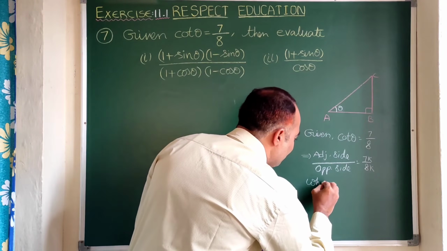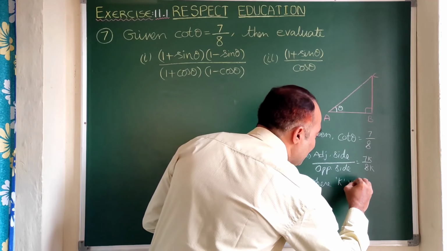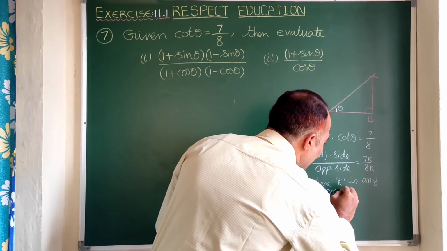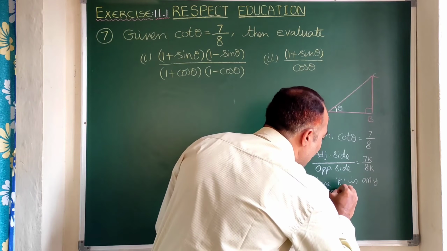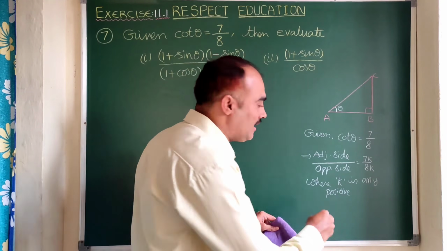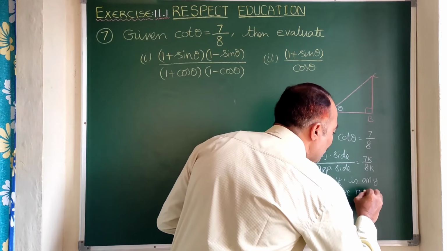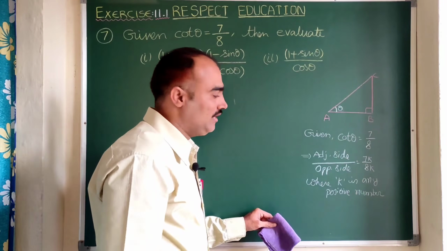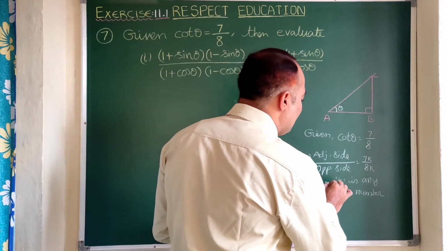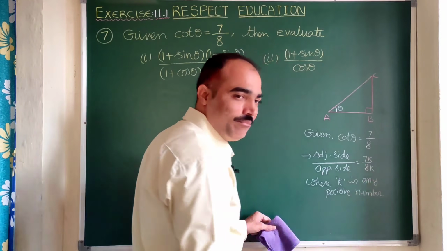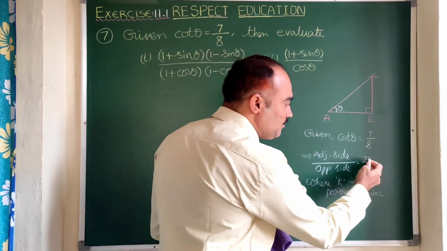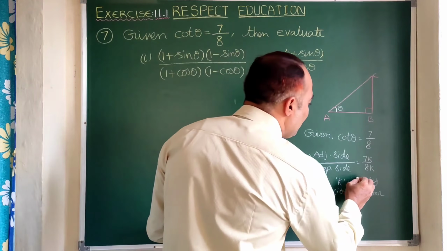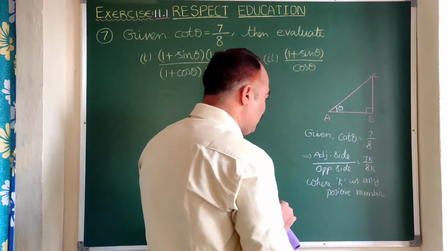Here k is any, observe once, I said earlier it may be any positive integer, but in fact it may be any positive number. It is not necessary that it should be an integer only. So here k is any positive number. Means it may be in decimals also. K may be in decimals. It's not a problem. So let us write the values here.